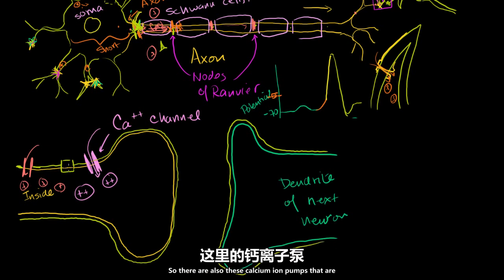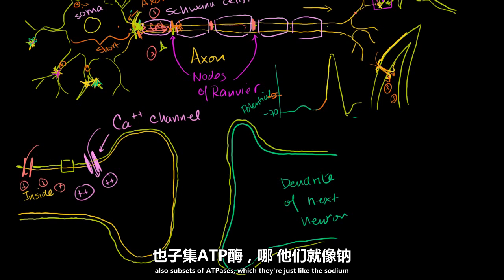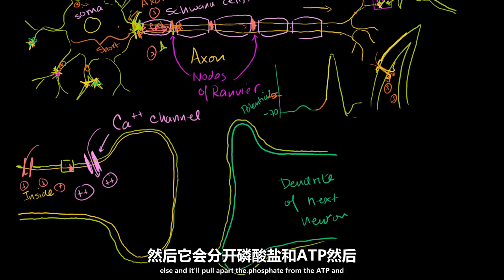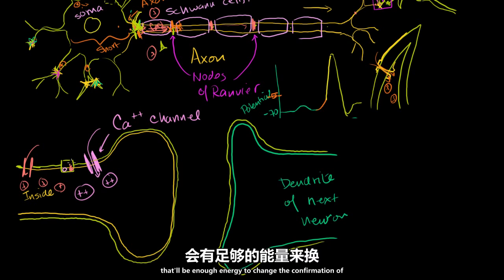So there are also these calcium ion pumps that are also subsets of ATPases, just like the sodium potassium pumps. You give them one ATP, and a calcium will bond someplace else, and it'll pull apart the phosphate from the ATP, and that'll be enough energy to change the conformation of this protein, and it'll push the calcium out. Or essentially, the calcium will bond, and then it'll open up so the calcium can only exit the